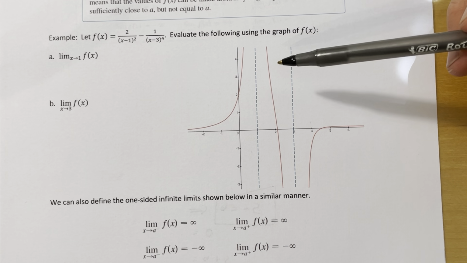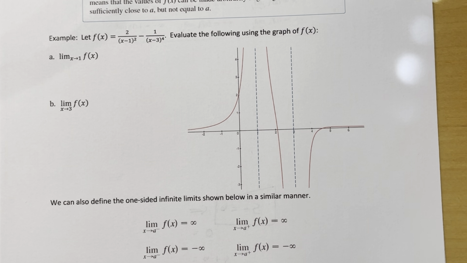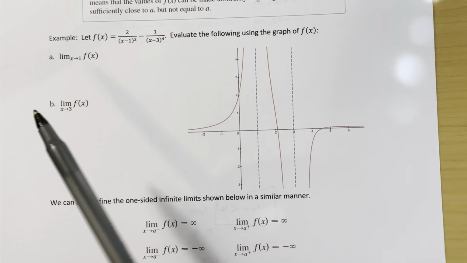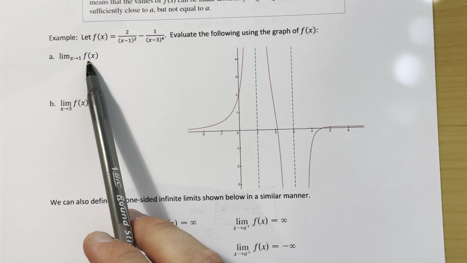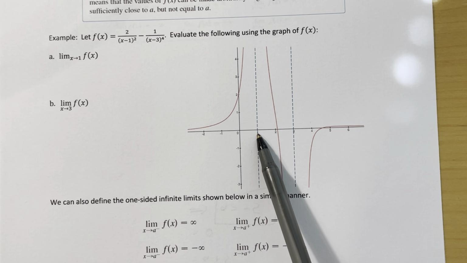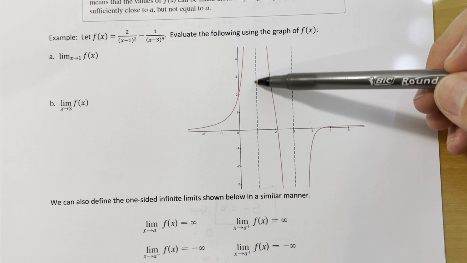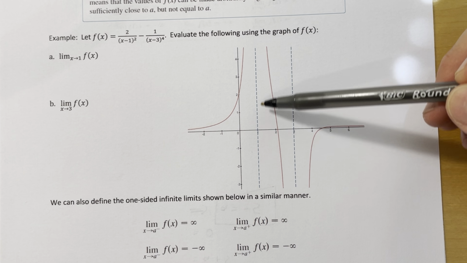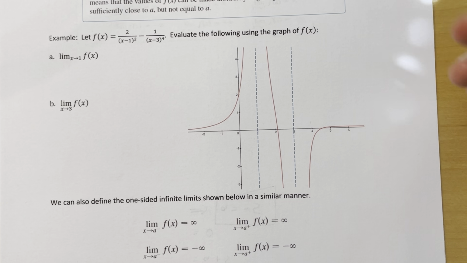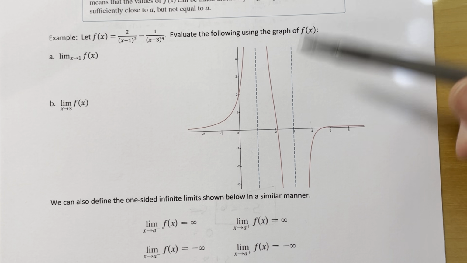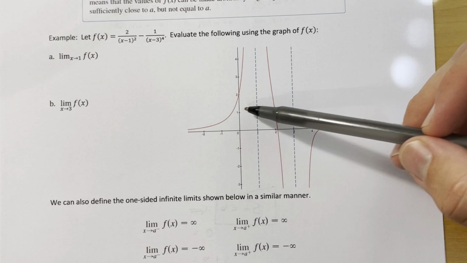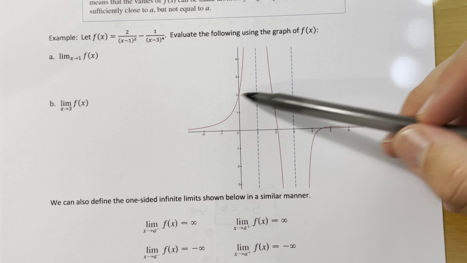And I just graphed this in Desmos. You can graph it in a graphing calculator if you want. What we're doing here is we're being asked to evaluate a couple of limits. First of all, the limit of f of x as x approaches 1. Now here's 1 right here. And you should know by now what this blue dashed line means. This means that we're looking at an asymptote. So really that's what these infinite limits are doing. They're describing vertical asymptotes. Look at what's happening on either side of